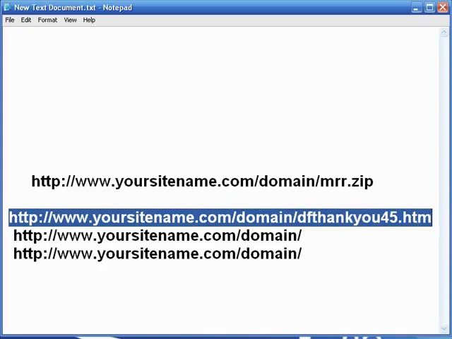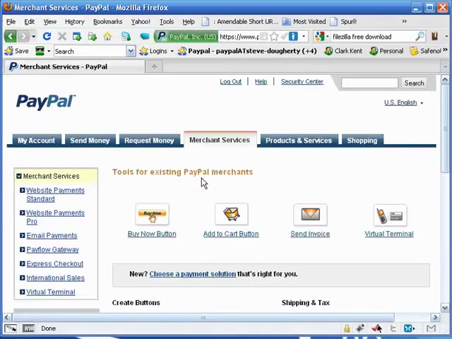Now let's head on over to PayPal. You've logged into your PayPal account, and if you don't have a PayPal account by now, get one. It doesn't cost you anything. Anyway, we've gone in, we've logged in, and now we click on the Merchant Services tab. It brings us to this page here. Now, there are several ways where you can create your Buy Now button. This is just one of them. But you go here, you left click on Buy Now button,